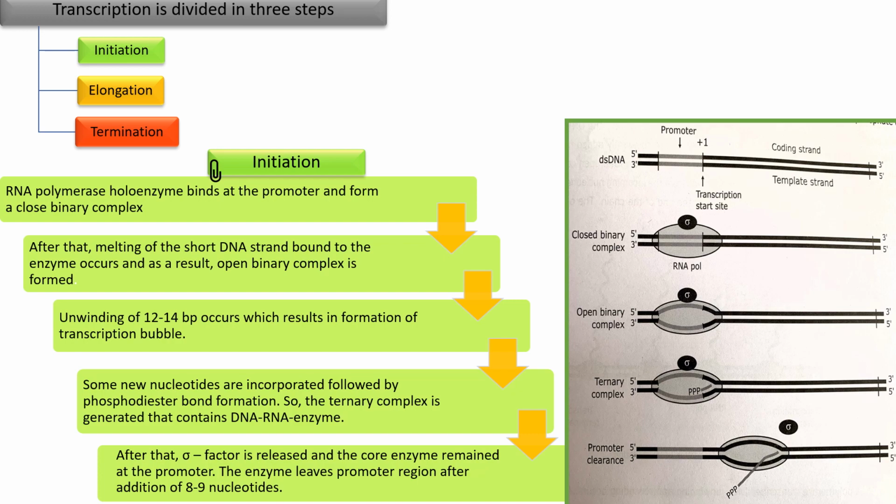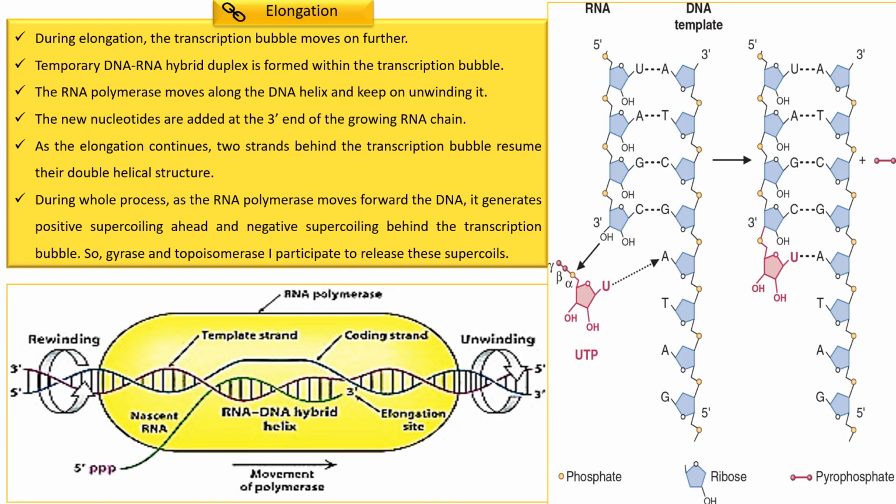Now let's talk about the elongation step. During the elongation process, the transcription bubble along with the RNA polymerase enzyme moves on further. As the enzyme moves, it unwinds the DNA helix to expose the new single-stranded segment of the template. Here you can see the elongation site. Now, what happens during elongation is the new ribonucleotides are added to the 3' end of the growing RNA